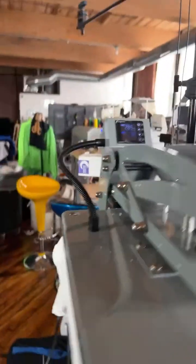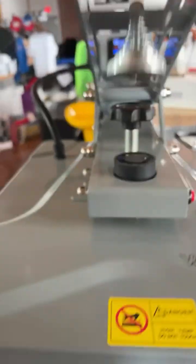It's not really quite, but it's not touching. So what I didn't do is I didn't change the seconds. So I'm gonna raise this up by pressing this button right here. This is the heat transfer warehouse